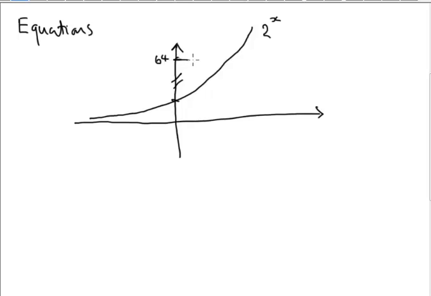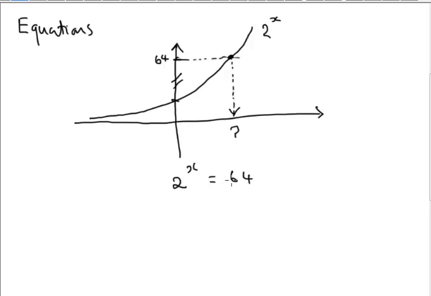If I draw a horizontal line there, you will see there's a point y which corresponds to 64. Now, when I start looking for the value of x here, I'm actually creating an equation which says 2 to the power x equals